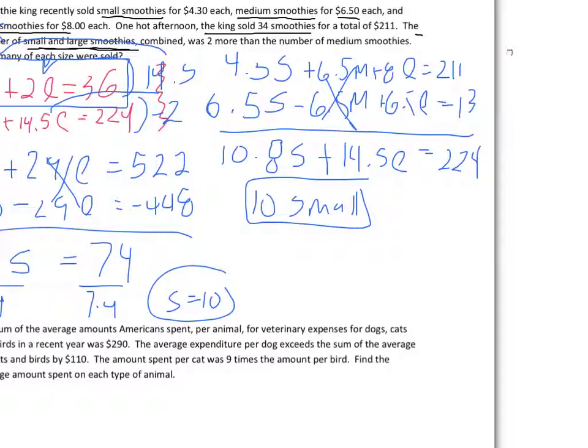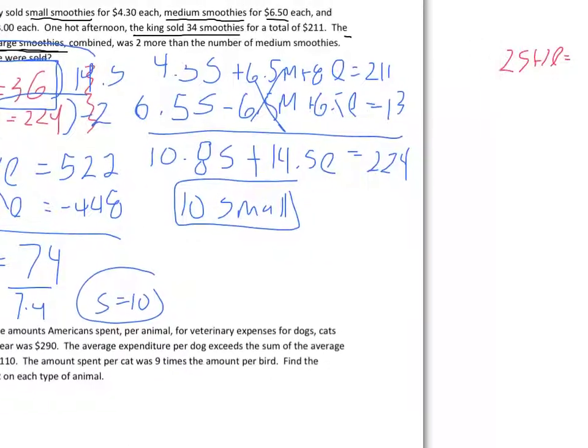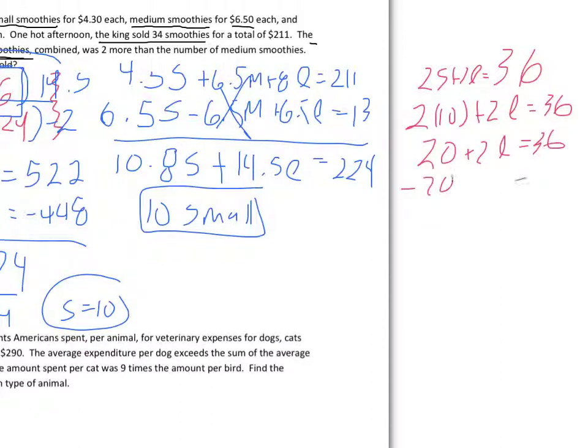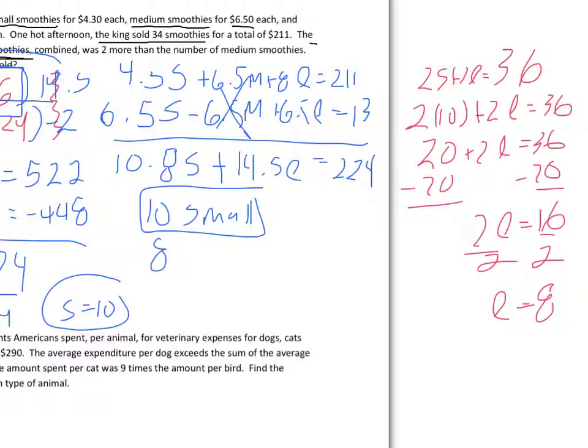So 2S plus 2L equals 36. Plugging this in, 2 times 10 plus 2L equals 36. So we have 20 plus 2L equals 36. Subtract the 20. 2L equals 16, divided by 2, and L equals 8. Alright, so there were 10 small, 8 large,